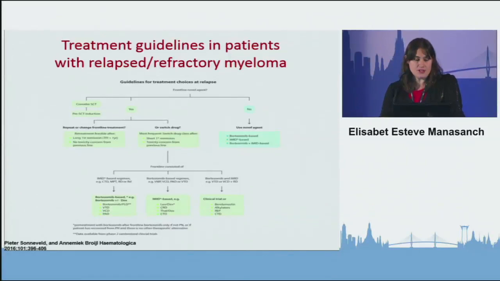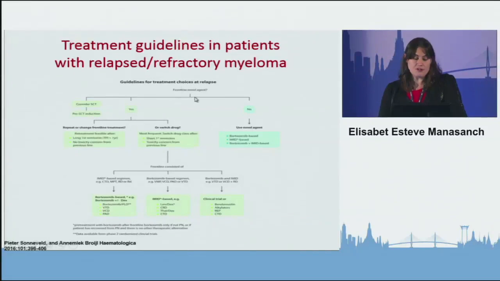There are also some treatment guidelines that have been published for the choice of treatment at relapse. And I think that our later speakers might go into this with more detail, but I'm just going to mention a few things that are a little bit of common sense. So the first thing is, has the patient had a stem cell transplant? If they had not had a stem cell transplant, you could treat and transplant them. And then you also have to consider, if they have had a transplant, what has been the first induction treatment that they got before the transplant.